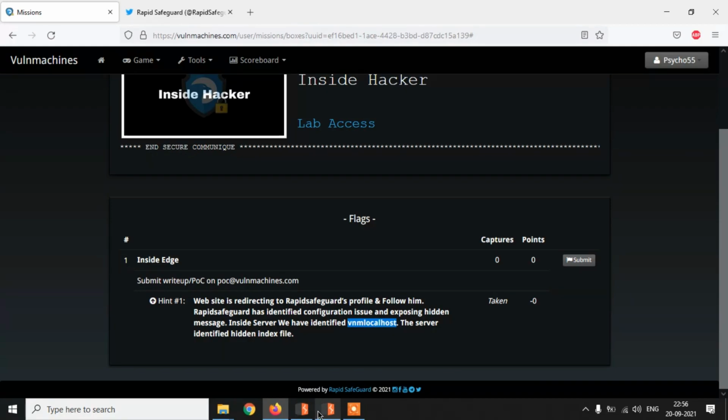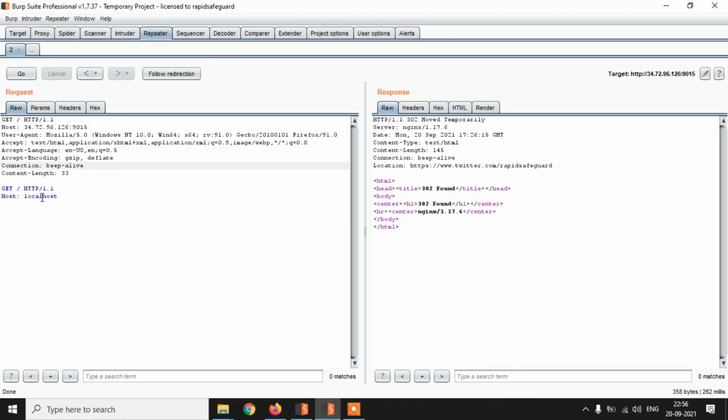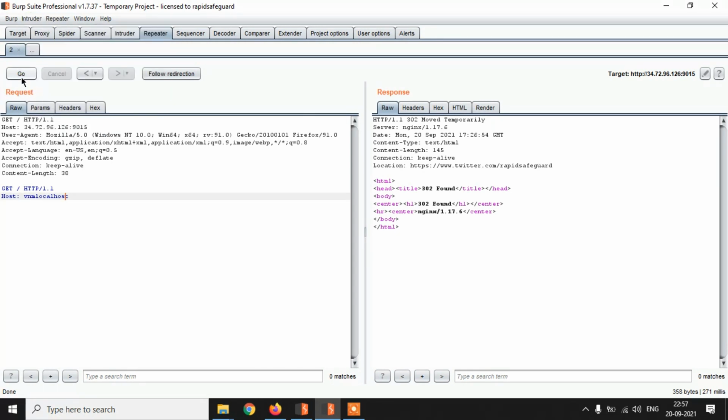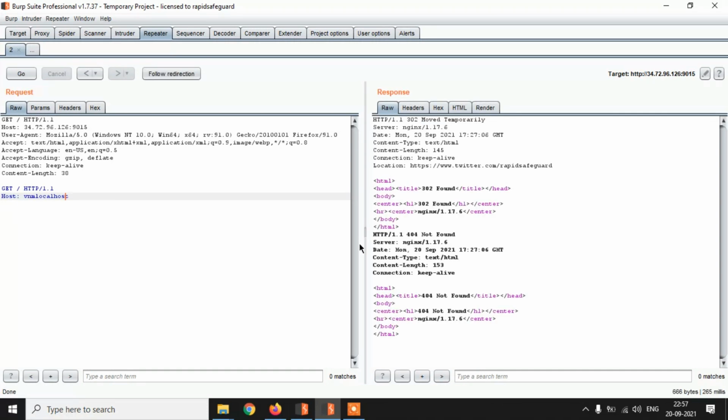In the host header, we will give the vhost localhost, and the connection is still keep-alive. Send. Nothing is happening over here. Just uncheck this content type.